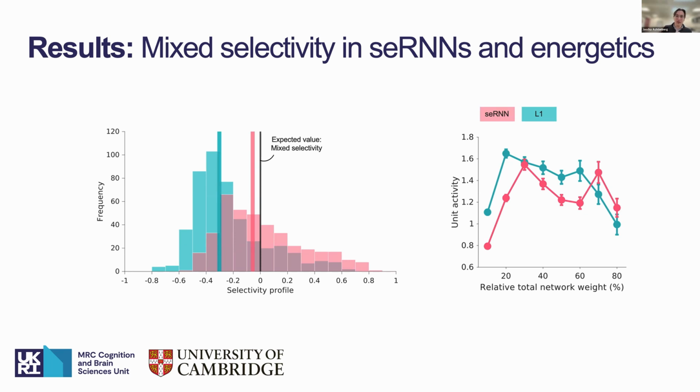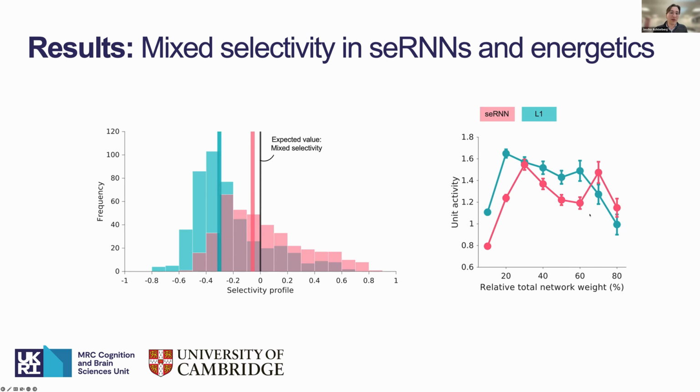So one idea, obviously, is that these network setups should be very energy efficient. And we were discussing energy efficiency in terms of resource allocation for long distance connections in the brain. Now we wanted to see whether the current setup that we have, with mixed selectivity, modularity, and all these kinds of things, also helps functional efficiency. So what we do is we look at mean unit activations across those networks.